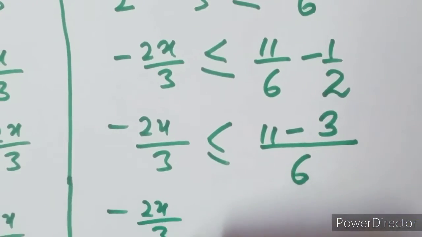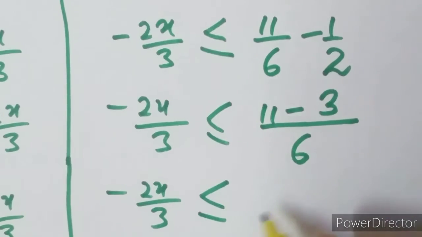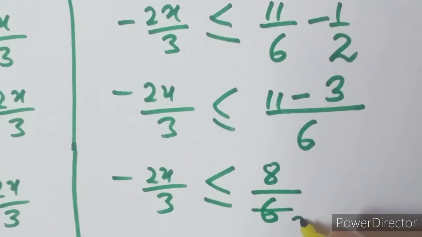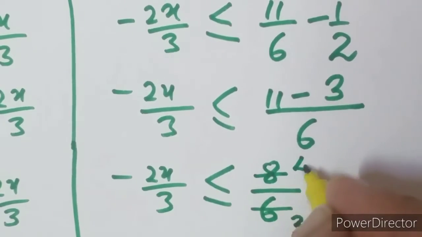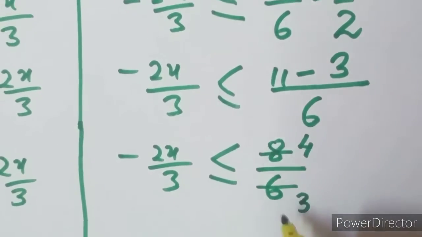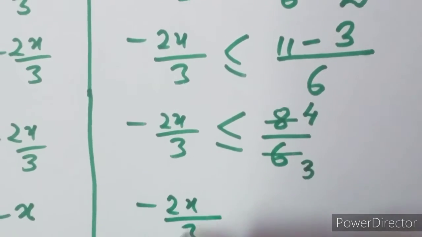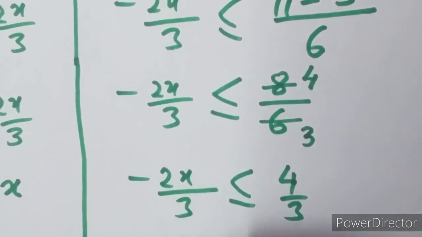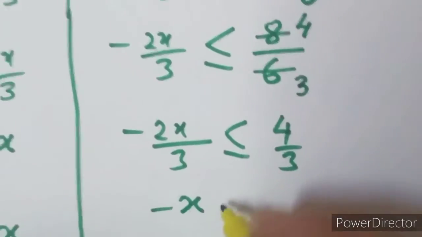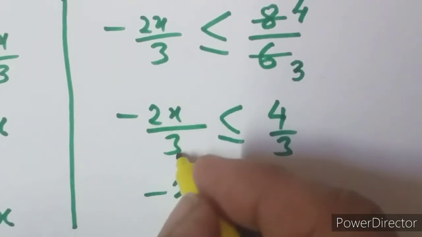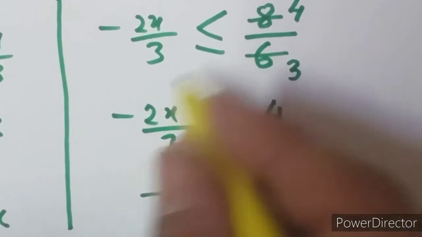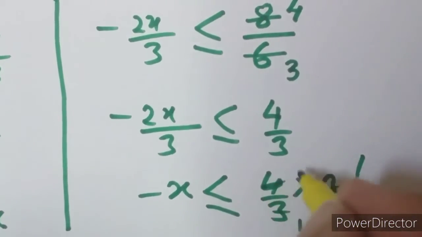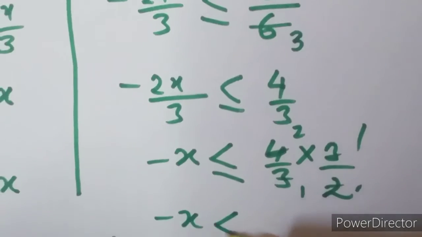So that minus 2x by 3 less than or equal to 11 minus 3 will give you 8 divided by 6. We can simplify this. 2 3s are 6 and 2 4s are 8. So that finally we get, now again one minus sign is there, so I will simply keep this minus sign with x only, and first of all I will remove this 2 by 3, which will go to the other side as 3 by 2. 3 and 3 go from here, 2 1s are 2, 2 2s are 4, so minus x less than or equal